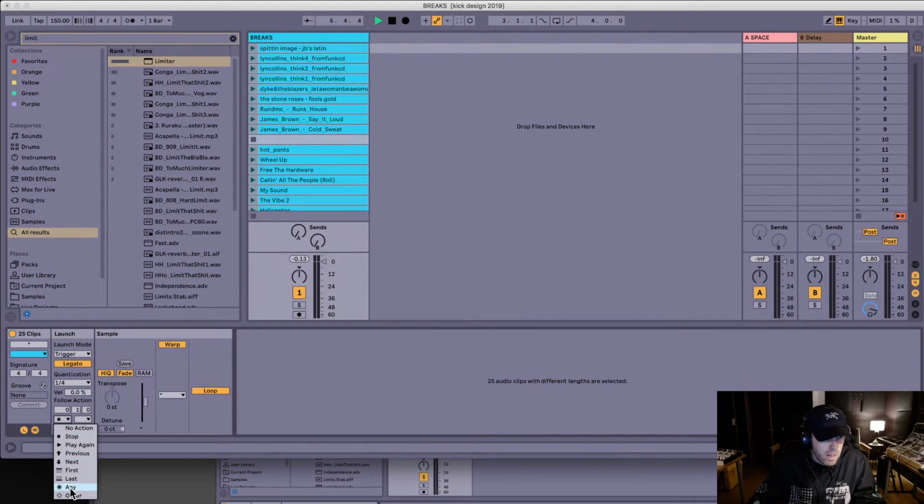But if we put it on any, these last two little star icons are basically random functions, and any is going to play any clip, and other is going to play any other clip. So a random clip besides the one that's currently playing. So let's put it on any, and